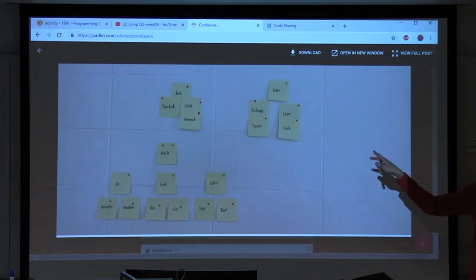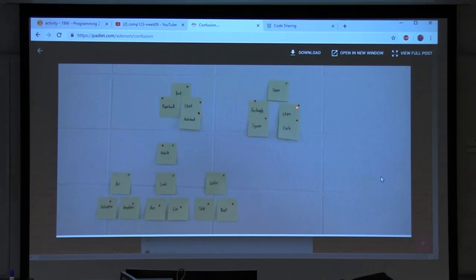Okay, so let's discuss with this one in mind. Let's go with the first set, the shapes: circle, ellipse, rectangle, square.